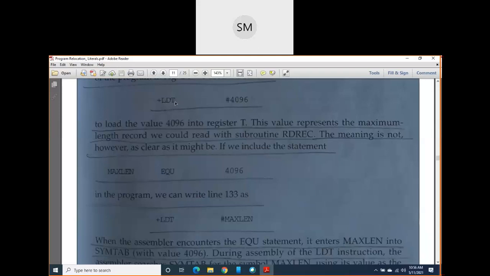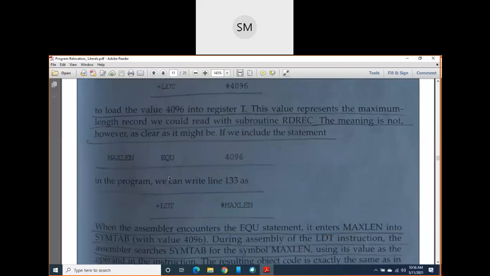So to make it clear, I am using the EQU assembler directive here. I am saying that it is the maximum length of a record, or paragraph, or a string that I am going to enter through my input device. It means I am going to read it from my input device.